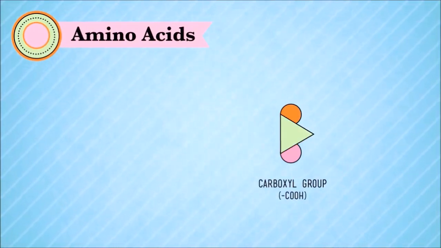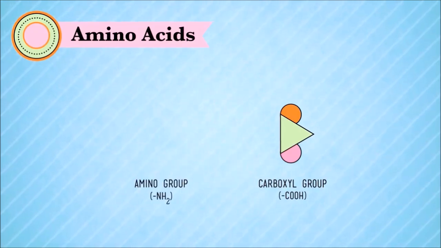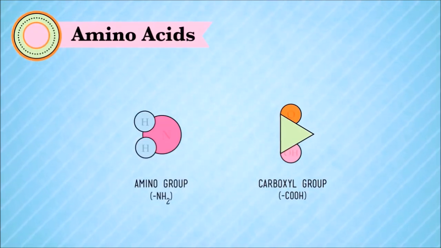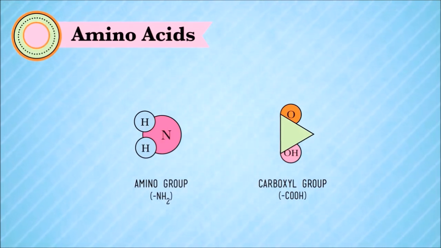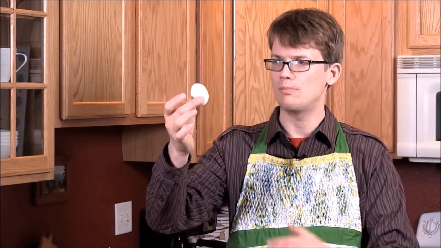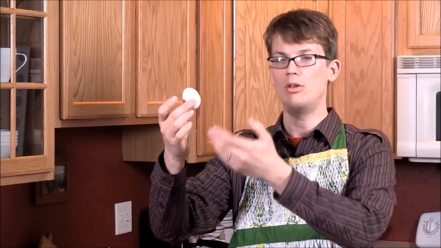Just like fatty acids, amino acids have a carboxyl group at one end, and on the other end, they have an amino group, amino acid. Now hey, I don't know if you noticed this, but this is the first time that nitrogen has shown up in our food. This is super important because despite the fact that nitrogen is everywhere, it's 80% of the air, we can't just pull it out of the air and put it into our bodies. We have to get nitrogen from food, and so we have to eat foods that are high in protein, like this egg, which by its very virtue, because all the white part is protein, contains a goodly